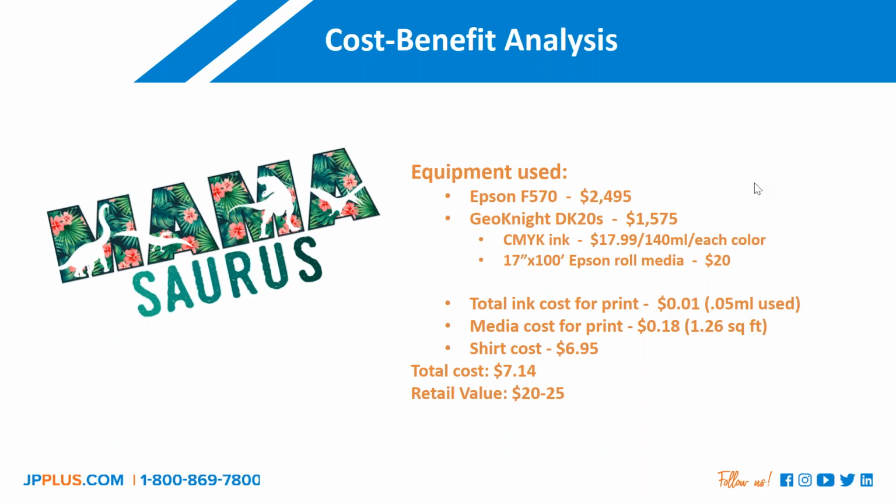The total shirt cost was my biggest investment, and that's because I used the Vapor Apparel 100% polyester shirts. So the total cost that I have invested in that product was $17.14. And then for the retail value, we typically recommend anywhere from $20 to $25 for a fully customized shirt. I think that's very important to go over so you guys know what the cost of that shirt was. And it took me under a minute to get the whole thing done from start to finish. So I am going to switch now to our heat transfer.